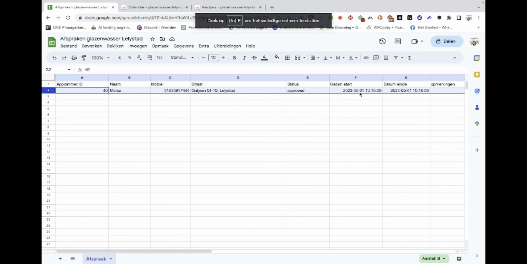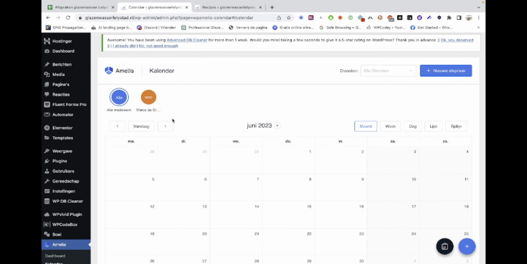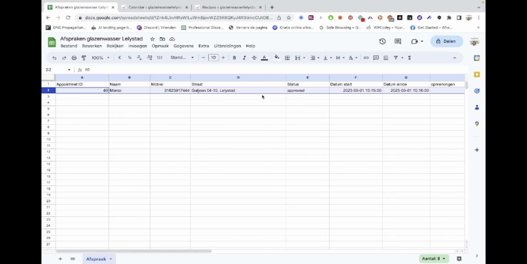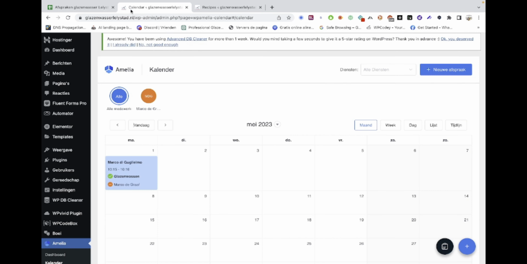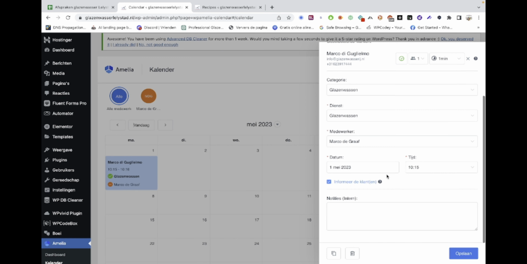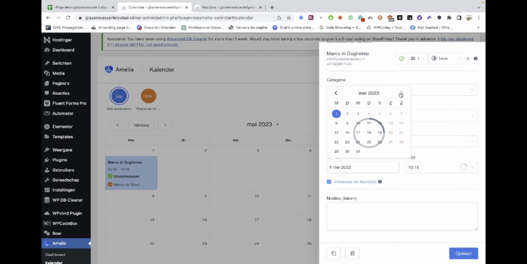As we can see here is the 1st of May, and when we are going in here and we're going to see the appointments and we're going to the 1st, and you can see that the appointment is in here, so it's approved. And let's just change it, and we're going to say a month later,